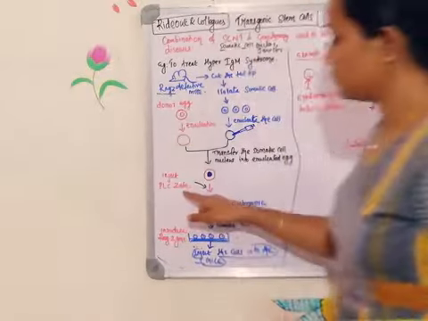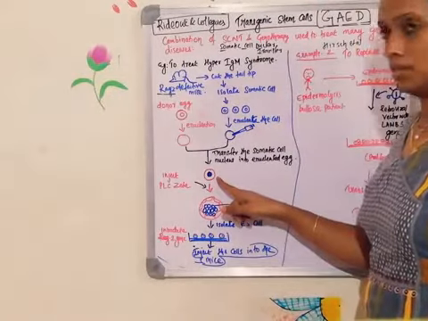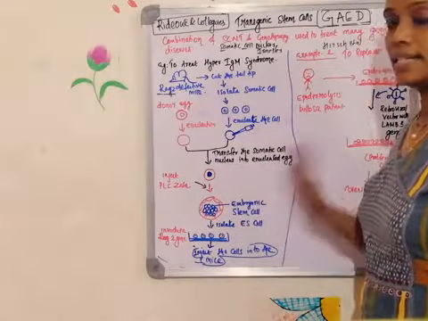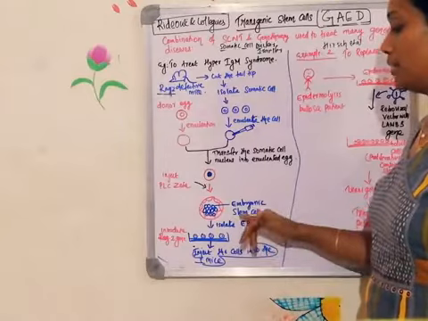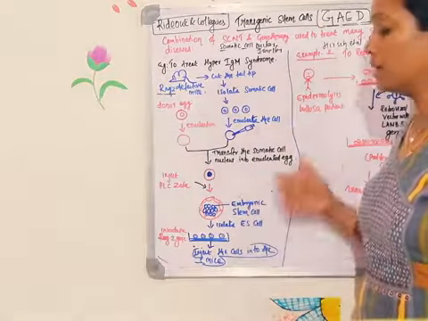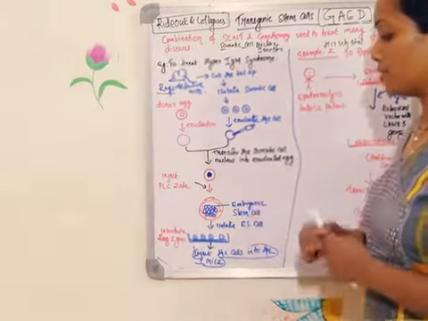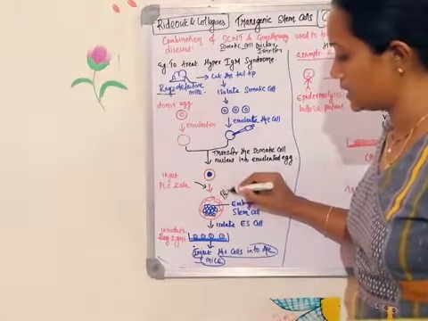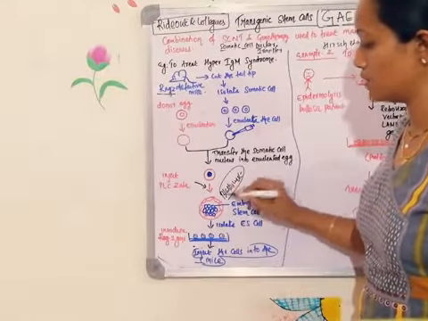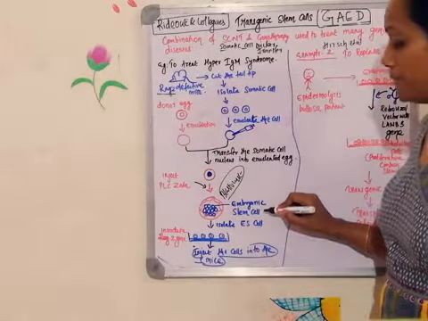When you inject this into this modified egg, it will get the signal for differentiation, and you get an embryonic stem cell. The differentiation process happens, and after a few days you get a blastocyst. So this stage is called the blastocyst. Inside the blastocyst, you can see a cluster of cells. Those cluster of cells are called the embryonic stem cell.